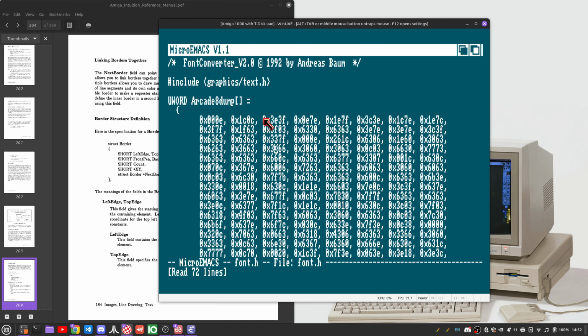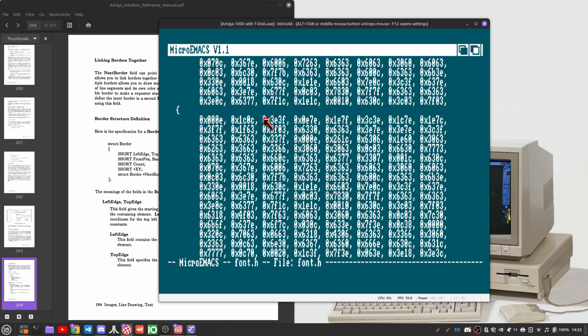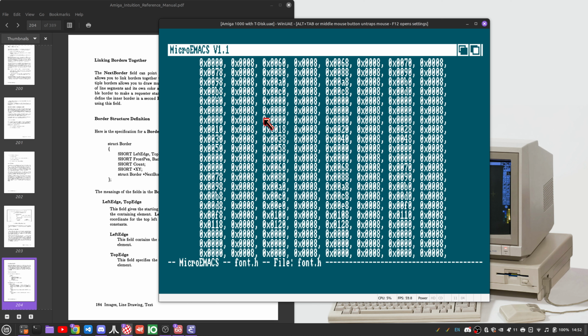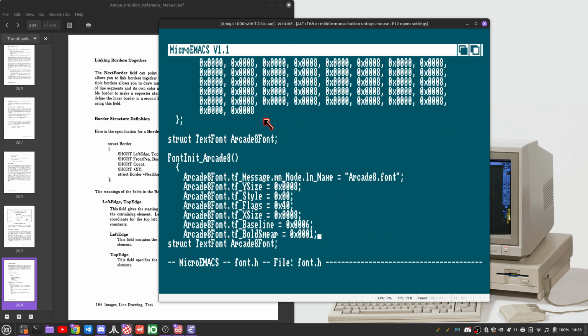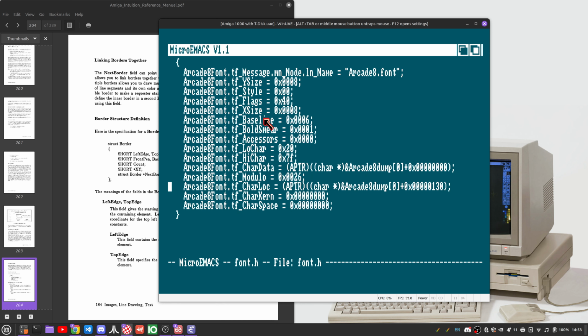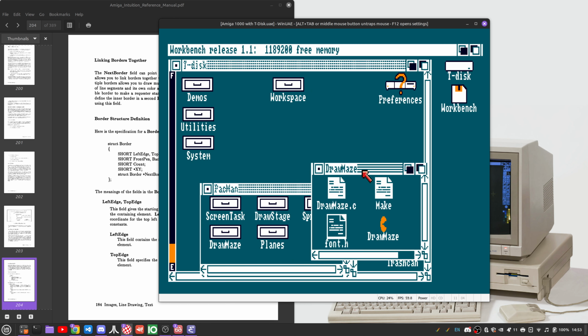Of course, we have the individual font stripe data right here. This is literally as it's rendered in bitplane memory. And then we have a text font structure, and this is normally what gets loaded in when you load a font using the disk font library. It creates this structure, loads it in off the disk, fills in the structure here, and then calls AddFont to add it to the system. Well, as it turns out, you can, believe it or not,